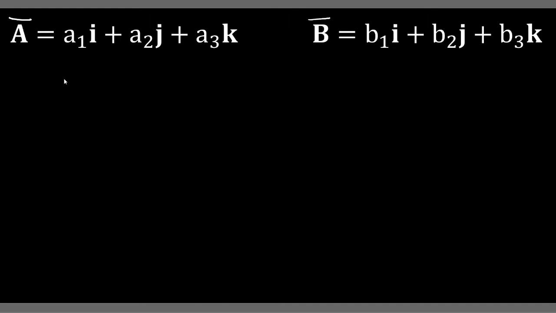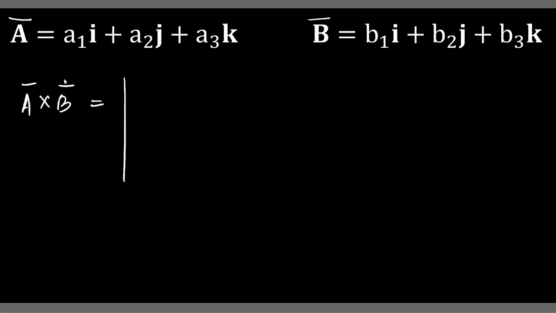Now addition, subtraction, multiplication, and dot product are very simple. We are going to do only cross product. So what do you do for cross product? I'm not telling you how it works. I'm just going to tell you how to do it, not the theory behind it. So here, write A cross B equal to,